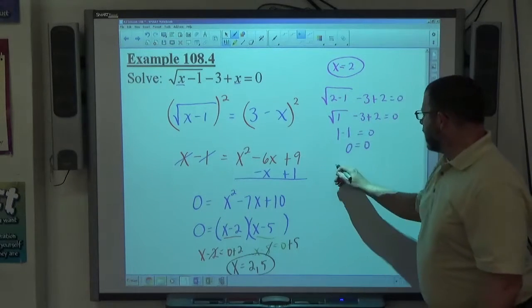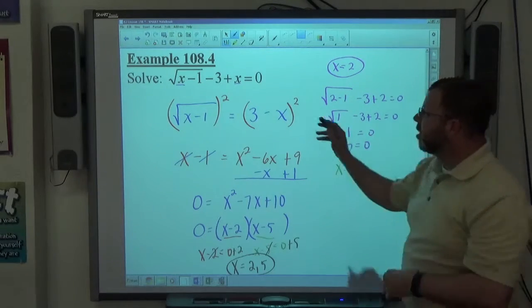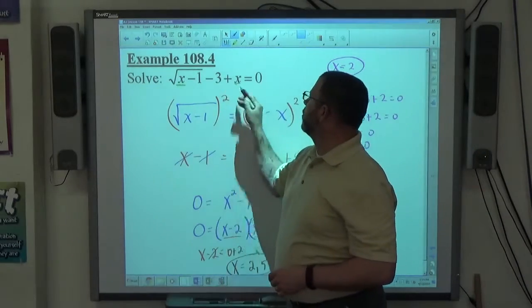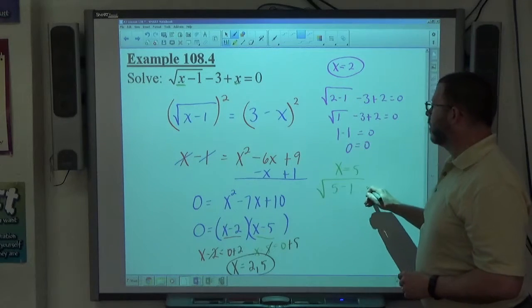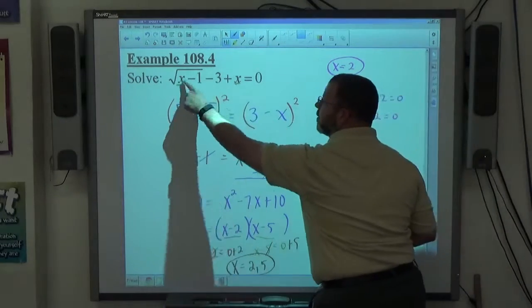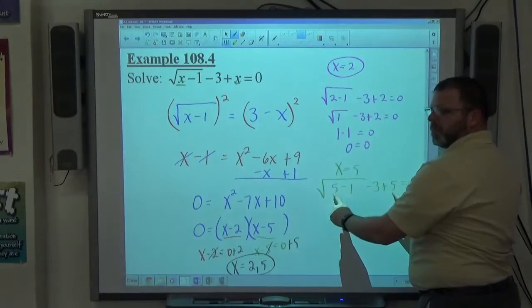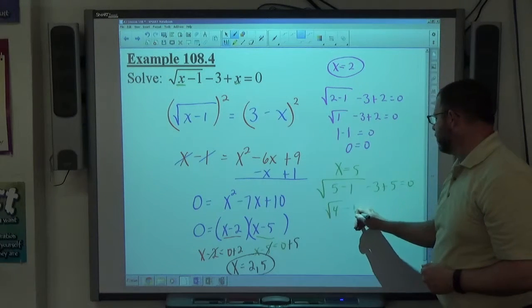The other answer we found was x equals 5. Alright, so for checking x equals 5 again, here's my problem. This x and this x both become 5's. So I get the square root of 5 minus 1 minus 3 plus 5 equals 0. This x and this x became these two 5's. Everything else is what it was. This gets me the square root of 4. Minus 3 plus 5 is